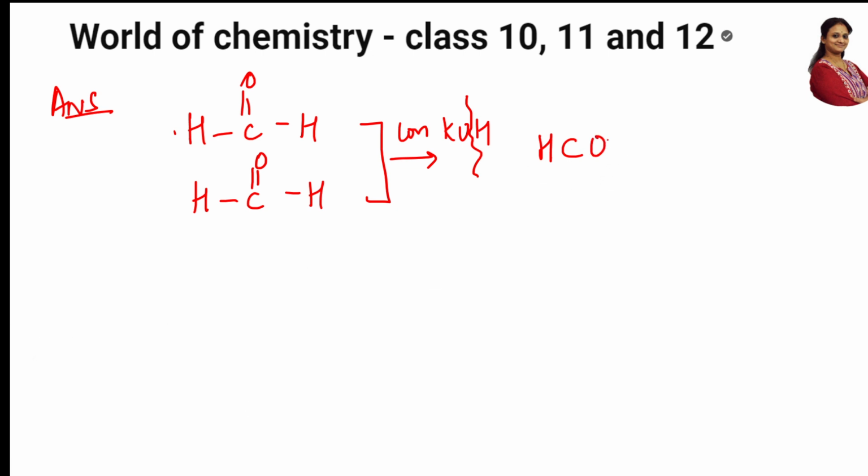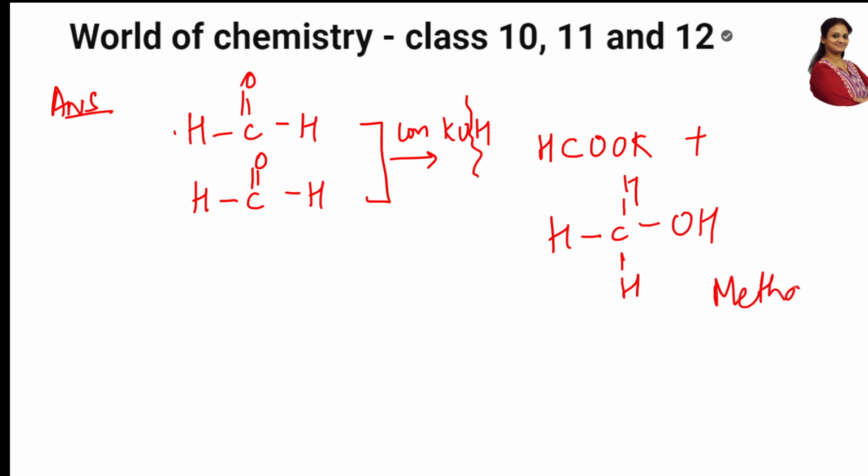Oh, HCO, okay, done. Next product, what is left out? H, H, H is here, and your OH is here. So one gets oxidized and one gets reduced. One is methanol, and one more is your potassium formate. Correct? So in the Cannizzaro reaction, the same substance